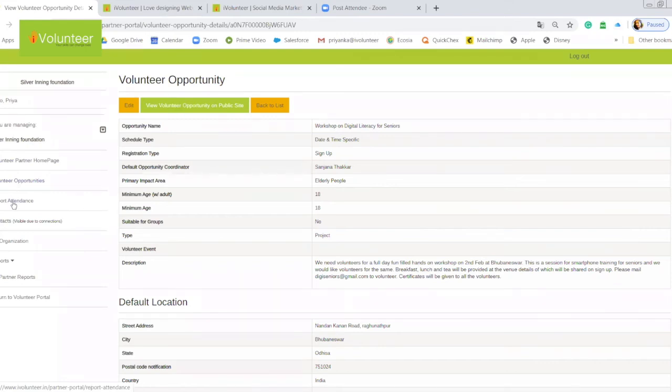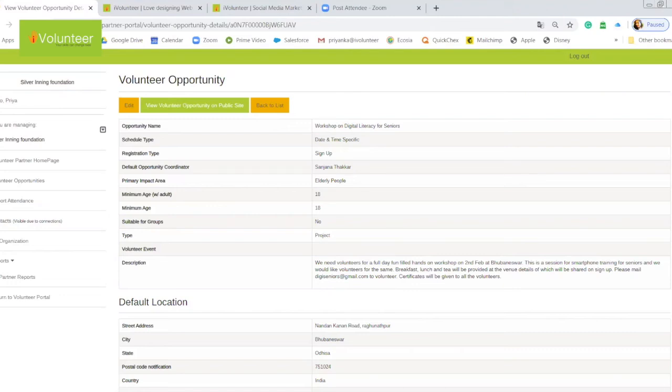Yeah, ma'am, I have a query, but it is not related to the particular volunteer opportunity. Actually, we plan to change the name of our NGO. So what are we supposed to do? Shall we register as a new NGO, or is there any chance to rename our NGO? I think we can do that, the renaming thing. I believe Sangya is your point of contact. Am I right? Yeah, ma'am.